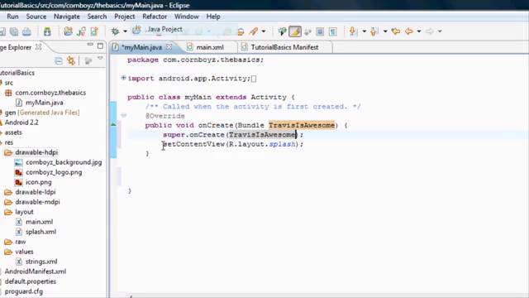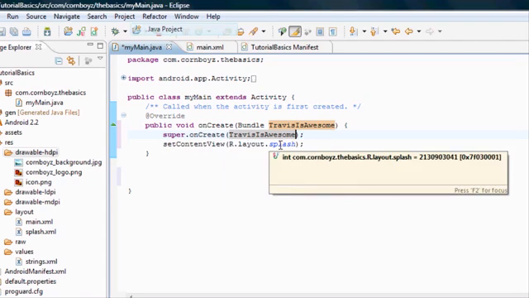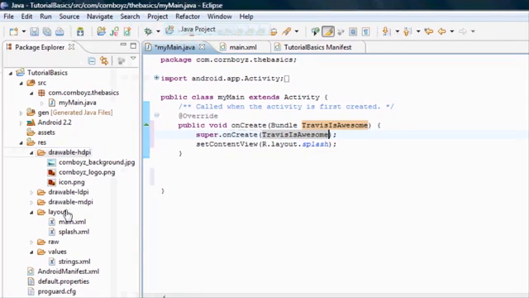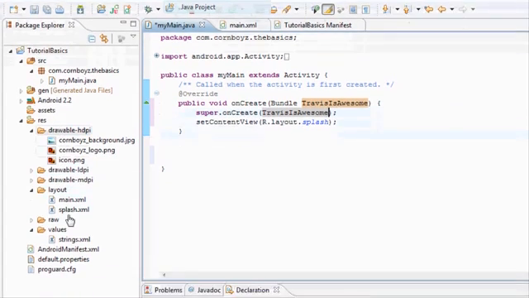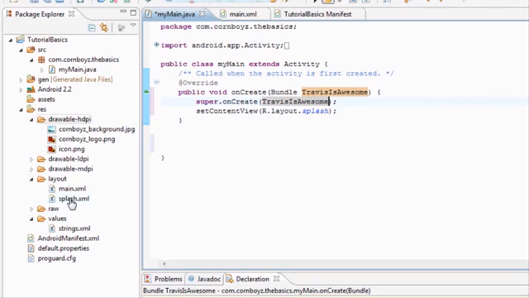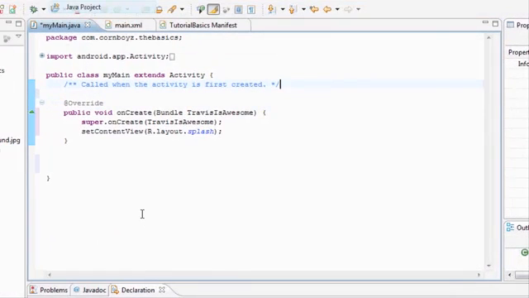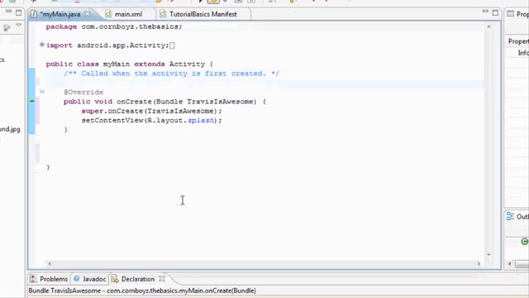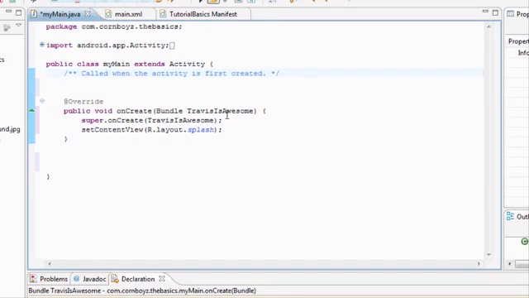And then basically this is saying set content view R layout splash. Again, this is just referencing our resources here and going to the layouts and going to the splash XML. The next thing we need to do is create some variables, because every program needs variables to run off of. And we've already created a variable, actually, a bundle variable, but there are many different types of variables that